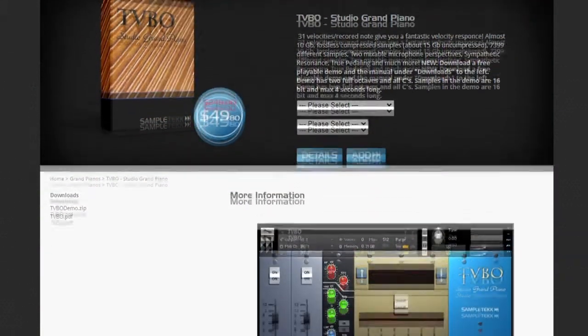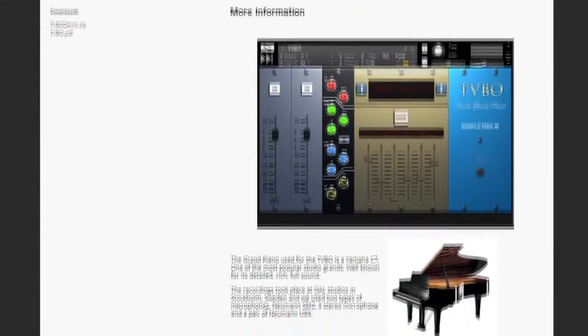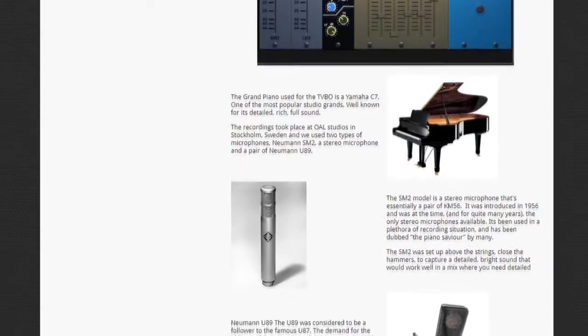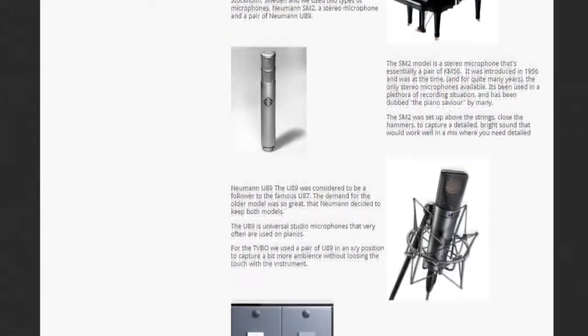Very nice. And then you have the velocity settings, and really I didn't have to tweak these when we first opened this instrument. This one is called TVBO, and I'm thinking it means the very big one. So here on the website, you look at the TVBO, the very big one, and this is based on a Yamaha C7. You can see that they use the SM2, a stereo microphone from Neumann,